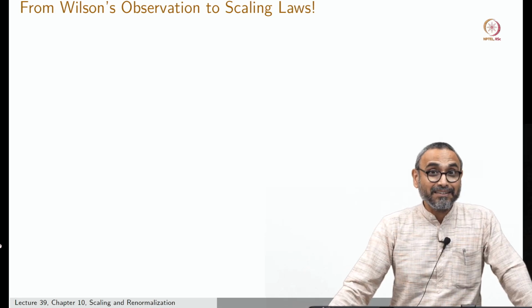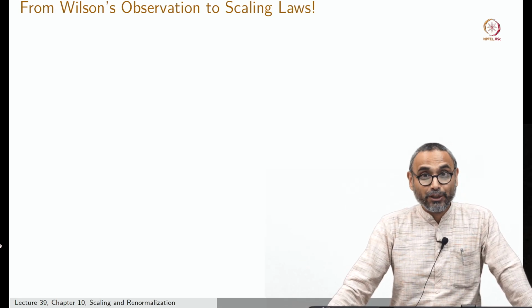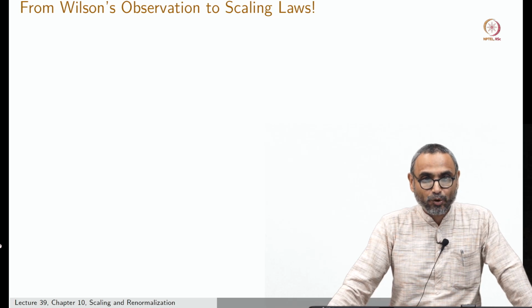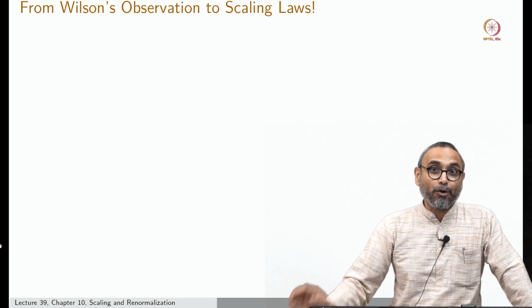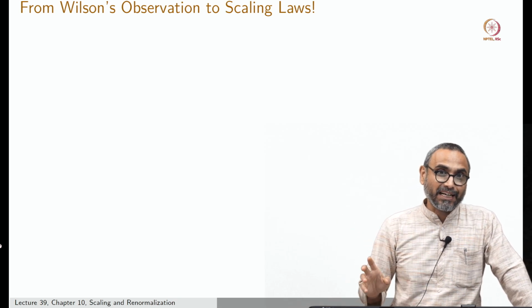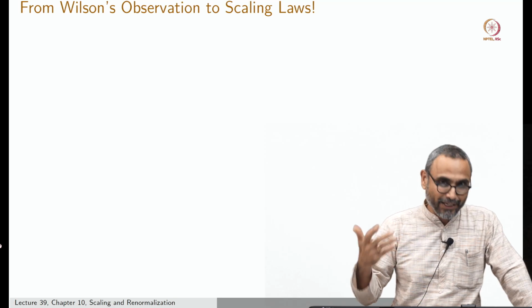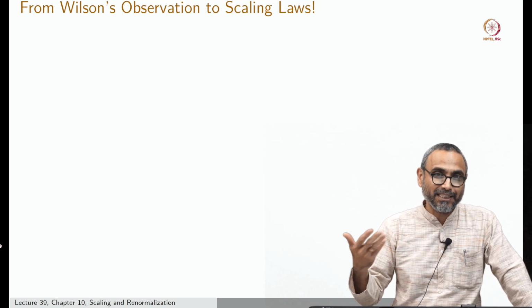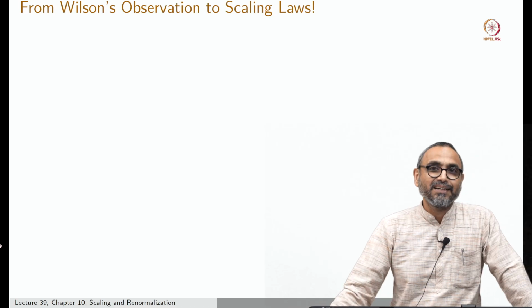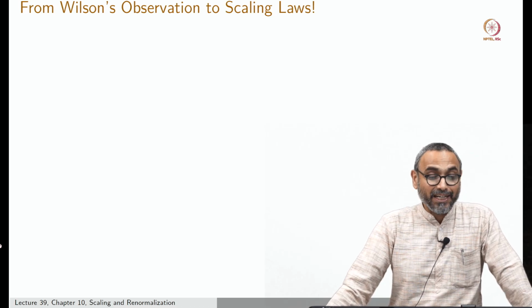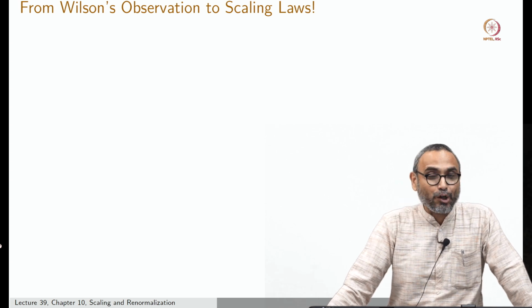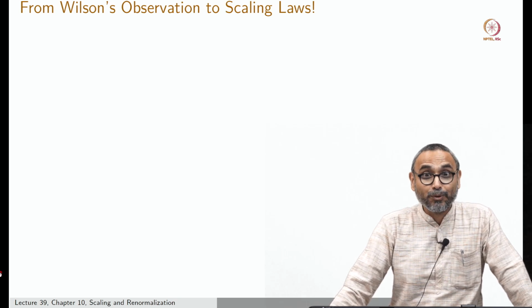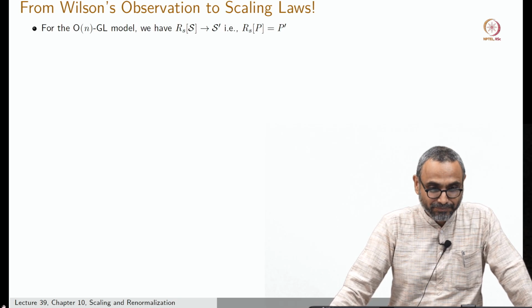So what have we done? We have first argued that within the renormalization group framework, we classify operators near a critical point as relevant and irrelevant, and we observe, okay, you have to do calculations and look at examples to see why, that there are only a few relevant operators, and we understand universality. But can we understand the origin of scaling laws, and the origin of the generalized homogeneous function nature of the free energy?